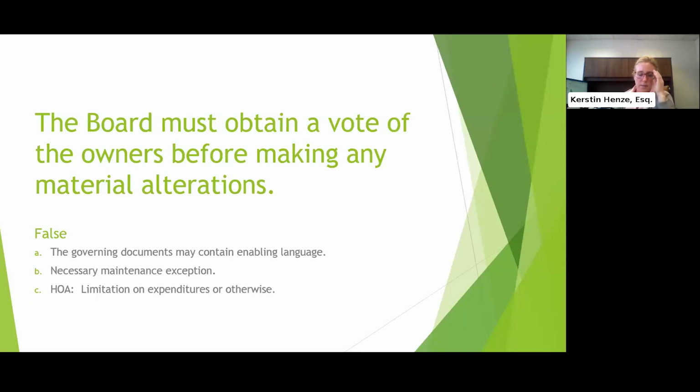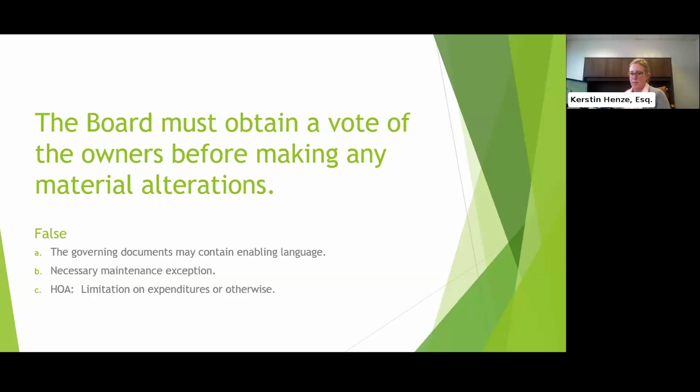For condominium associations, you might be familiar, the statute says that unless otherwise provided in your declaration, you need a vote of 75% of the owners in order to make a material alteration to the common elements. So if you, for example, want to turn your tennis court into a pool, the division would consider that a material alteration, and so you will need to get the membership approval.